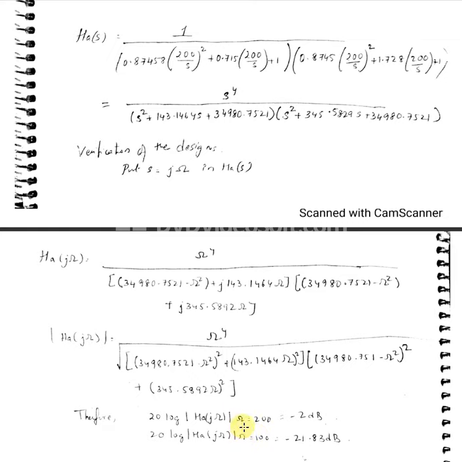This design verification can be asked for any problem. Anywhere, if they ask you to verify this design, all that you have to do is take whatever you have calculated in H of s, and wherever s is there, replace it by j omega, take the magnitude of that, and then replace omega by the values of omega p and omega s. Take log of the answer, multiply it by 20, that is 20 log. That is the attenuation. So you see whether you are getting it. That is one way of verifying the design process that you have done. They may sometimes ask you.